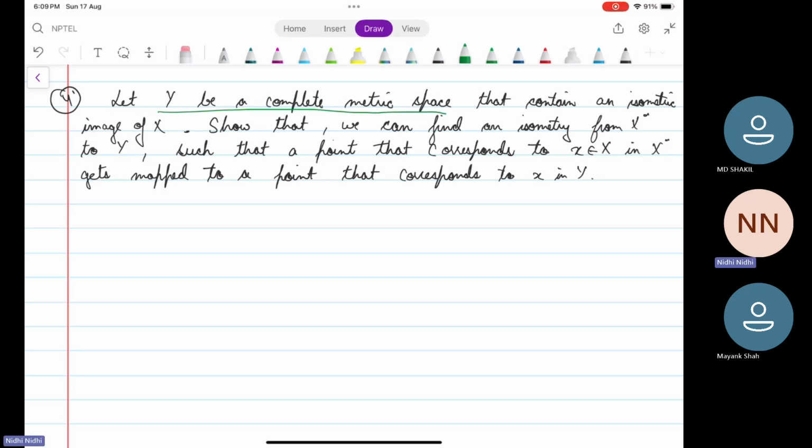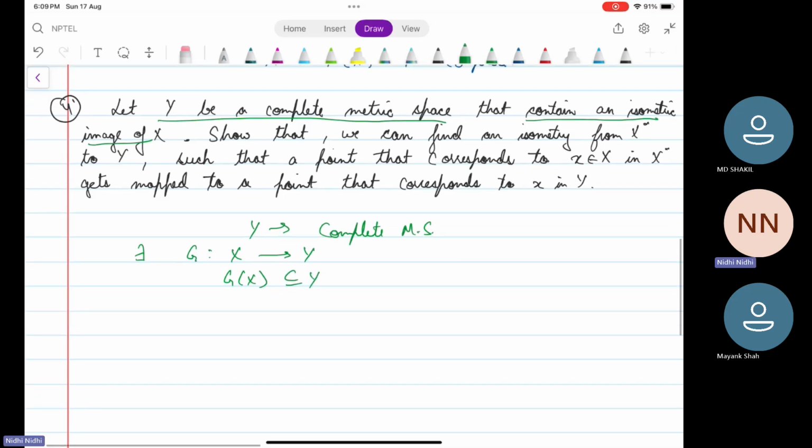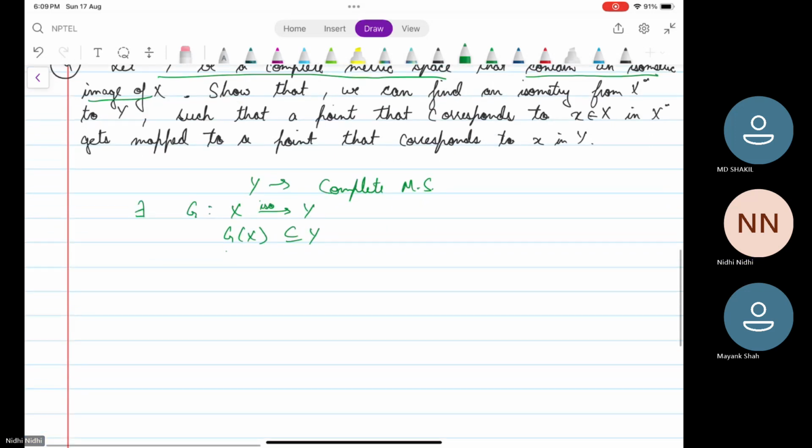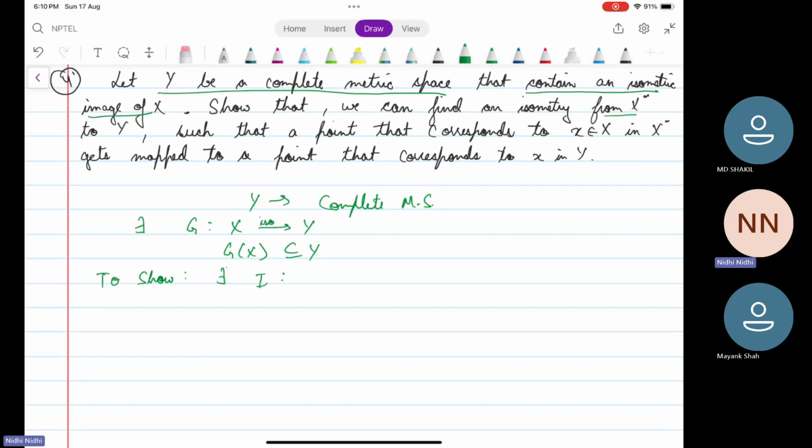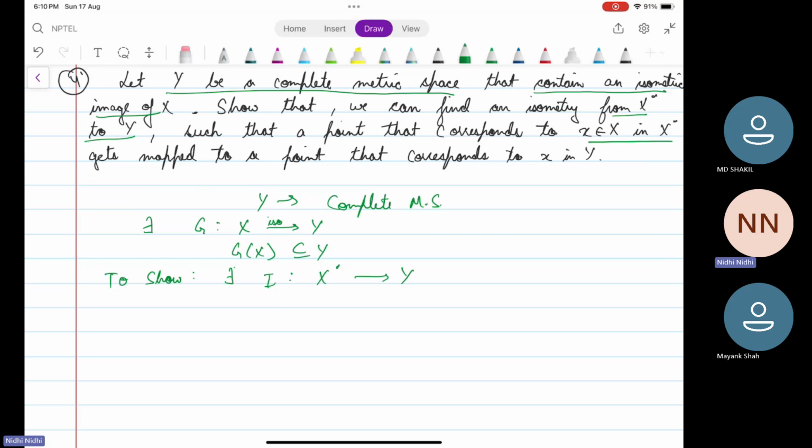So we have a complete metric space Y, and it contains an isometric image of X. That means there exists an isometry, say g from X to Y. Clearly, g(X) is a subset of Y. So that means Y contains an isometric image of X. Then we need to show that there exists some other isometry, say I. We need to show that we can find an isometry from X star to Y such that a point that corresponds to x in X star